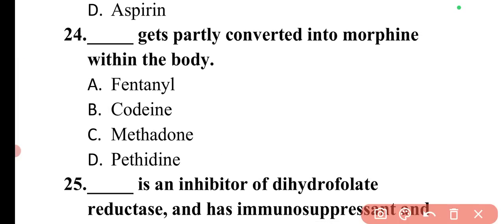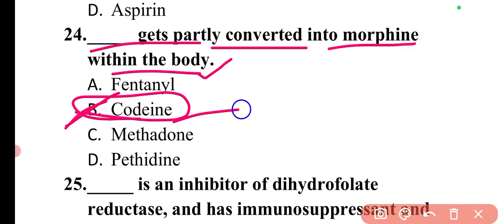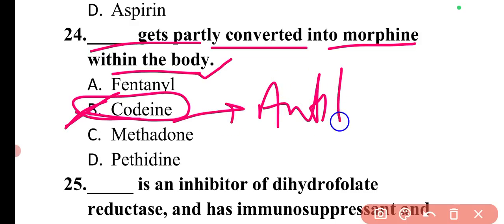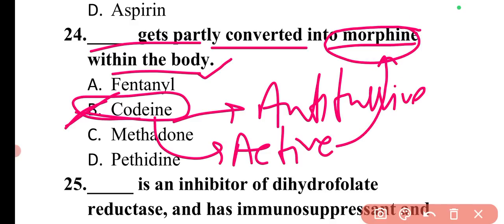Next question is, dash gets partly converted into morphine within the body. So basically this drug is codeine, which is also an antitussive drug. This drug is partly converted into morphine within the body, and codeine is itself an active drug. It has activity, and its metabolite, morphine, is also an active form, and these act as